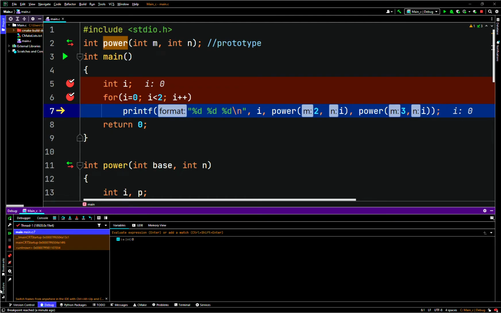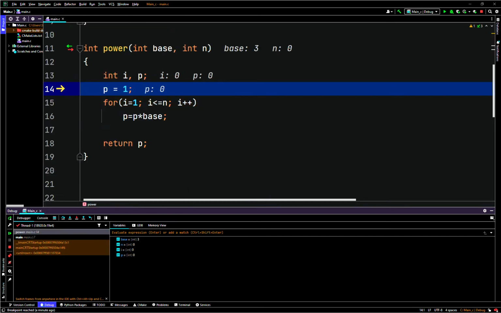printf %d, %d, %d. So weirdly enough, I think it gets this one first. It's going to go to this function first, it's going to step into this one and then this one. I feel like it's a glitch by CLion itself, but I don't think it really matters. Maybe that's just the way it does that. So perhaps it gets the right function first, but I thought it should be the left one first. But that's alright. So when we step in,